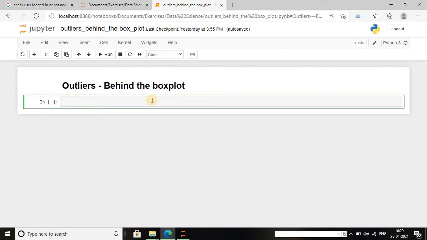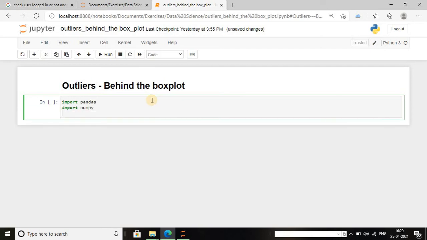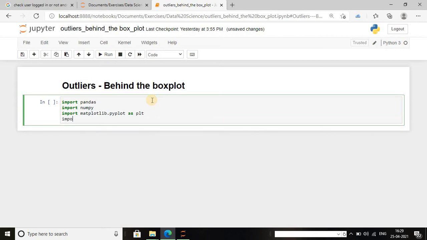For that I'm going to use a data set. First I'm going to import the data set into a data frame, so I'm going to import the packages first. I'm going to import pandas, and I'm going to import seaborn as well.